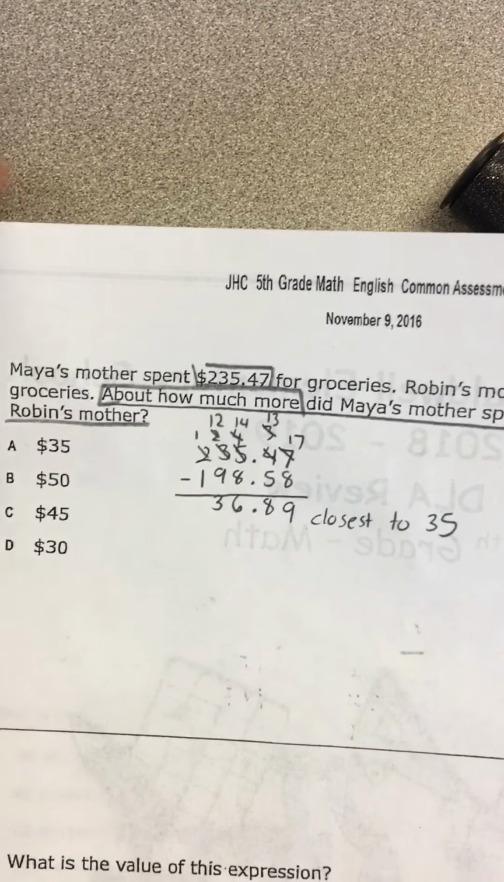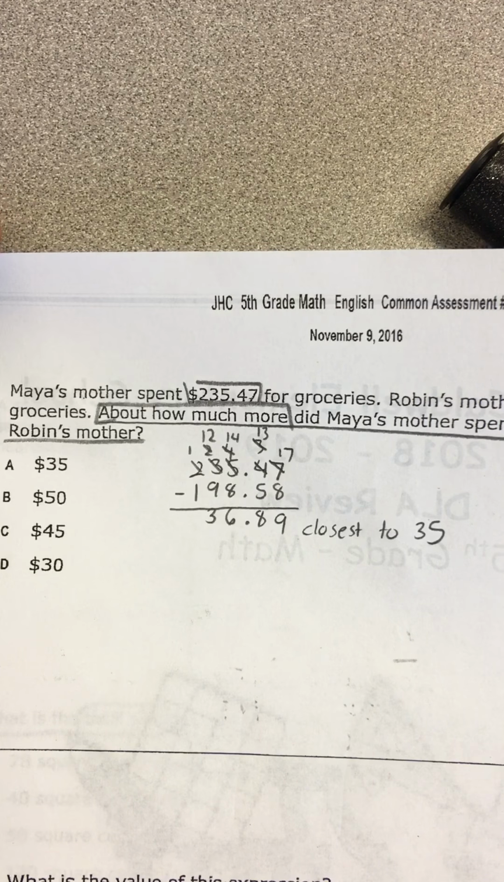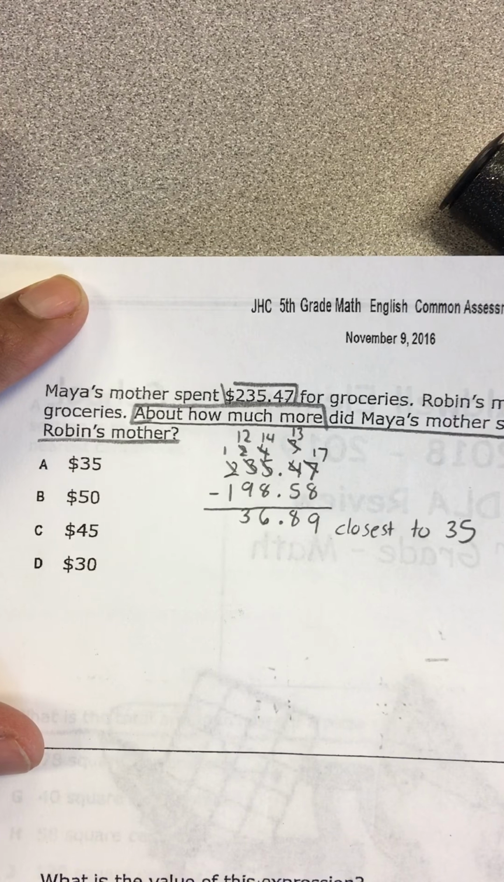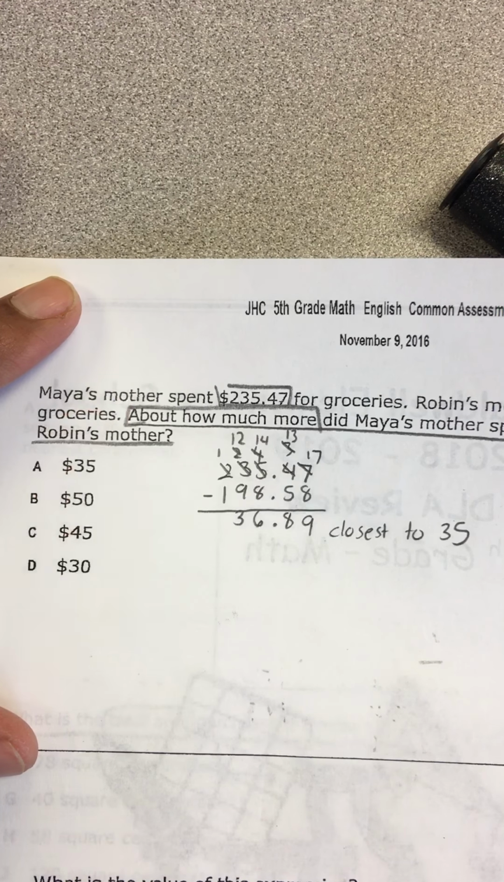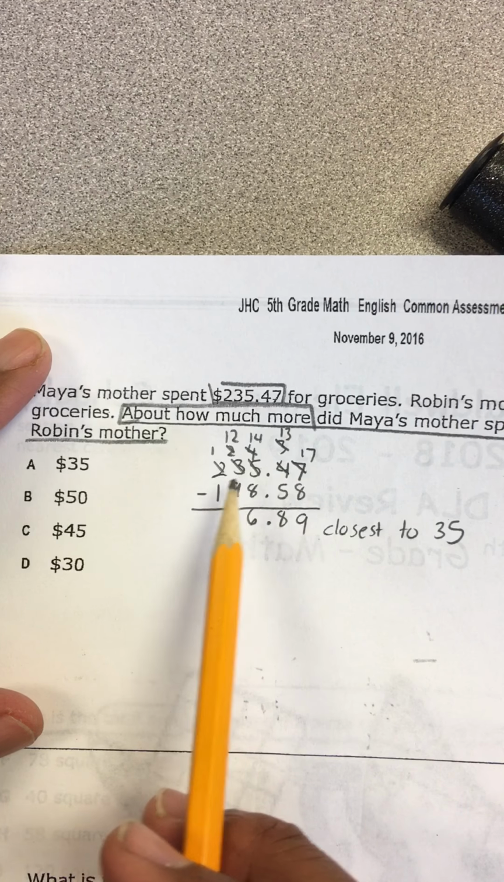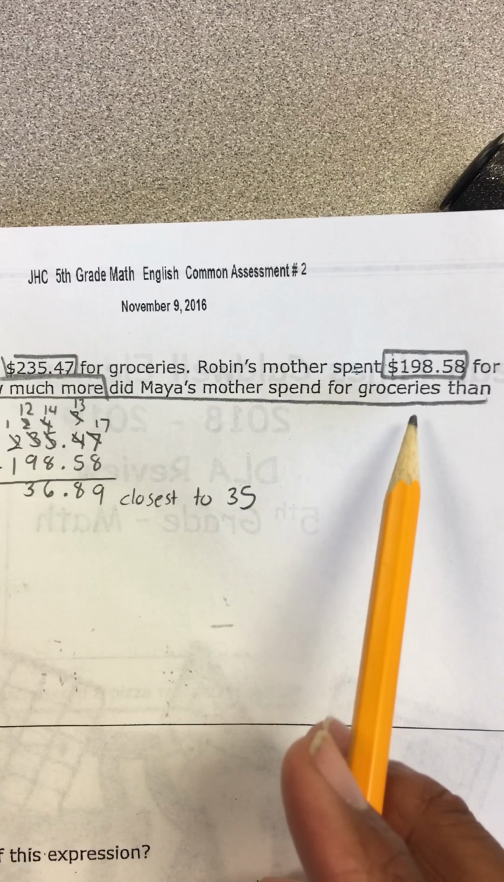So, number 1 says about how much more did Maya's mother spend for groceries than Robin. So, since it says how much more right here, we're going to subtract. All right, so $235.47 minus